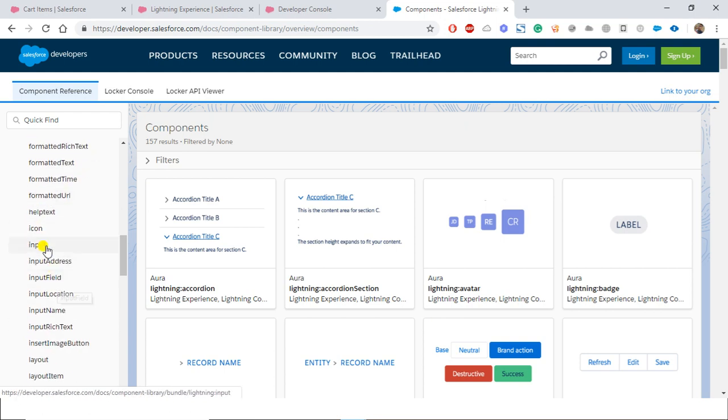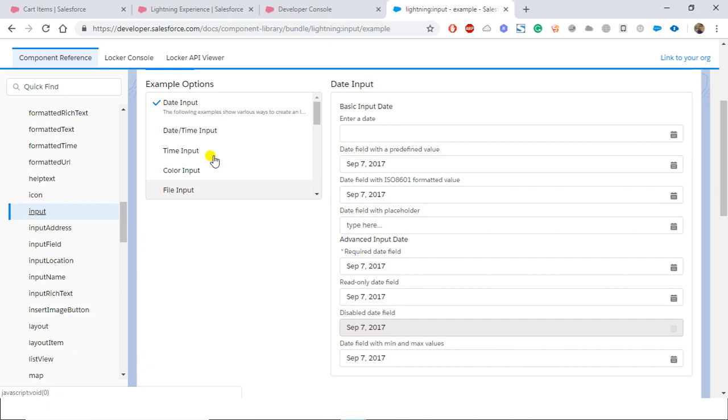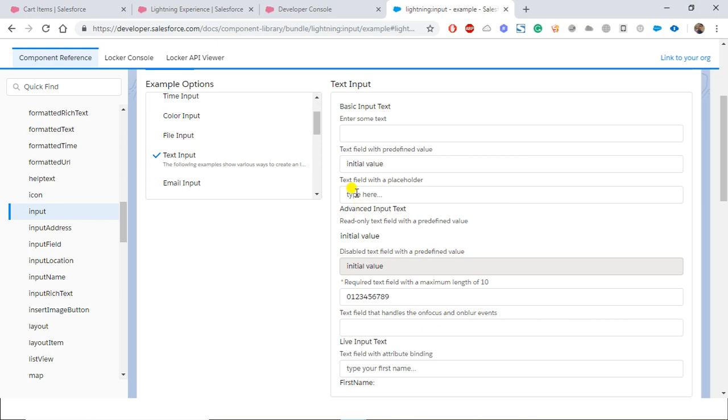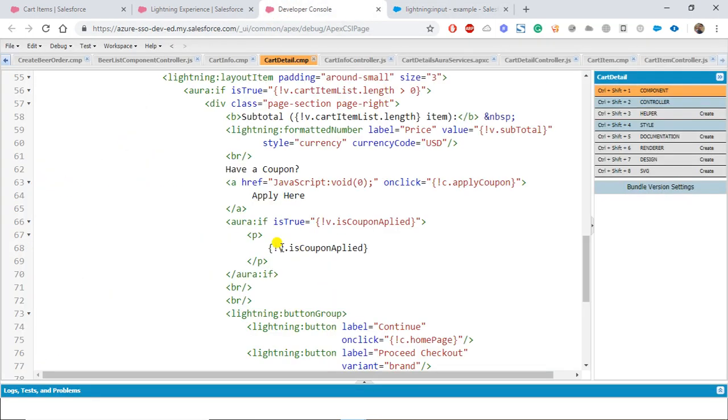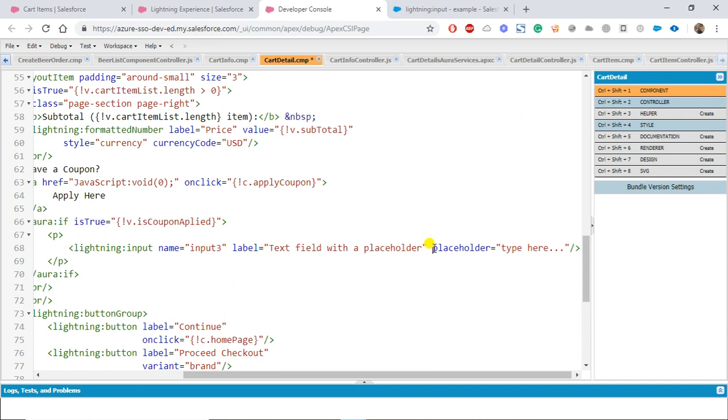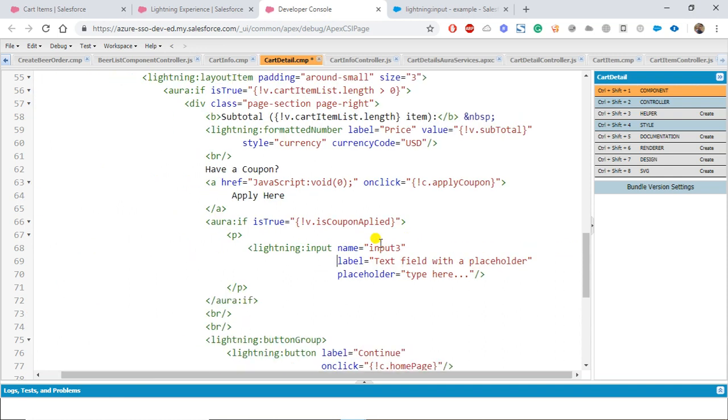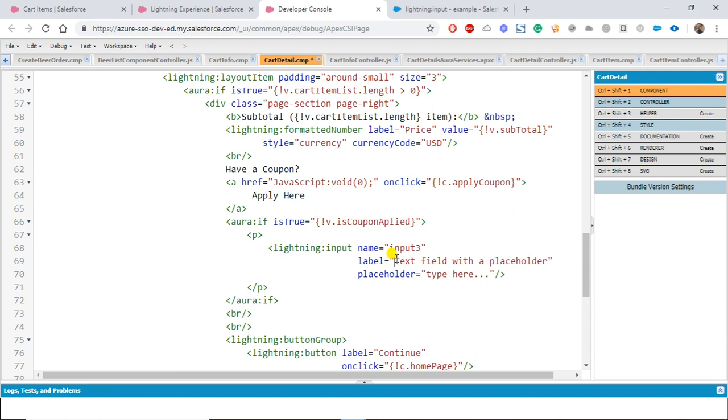So let's go ahead here, input. It will be type of text with a placeholder. So we are going to use this instead of true. We will name it as 15 digit coupon number, 15 digit valid coupon number. And then we'll also